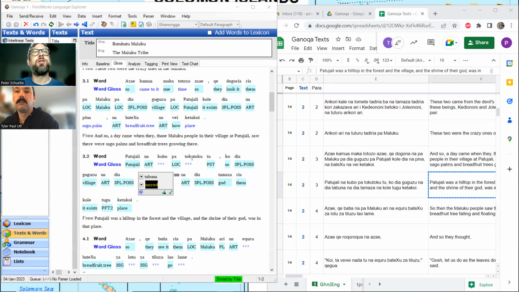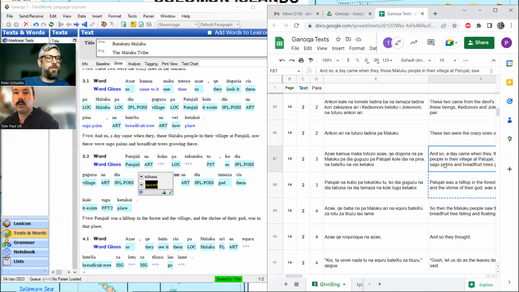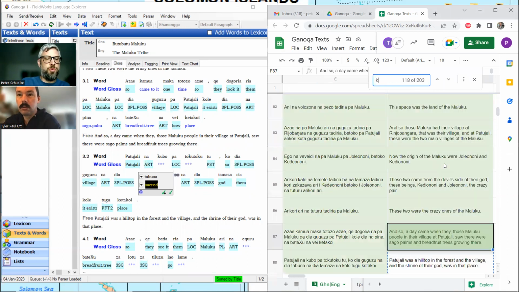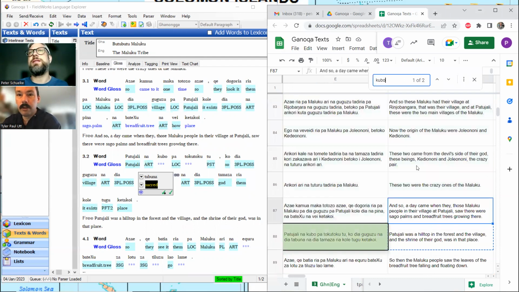All right, so now we've got to look for toku or kumbo, and we're going to go back to our text and search for those. I'm sure that's what Tyler... Yeah, that's right. I was working on that a little bit a couple weeks ago. Kumbo, there you go. Yeah, that's right. I was going to say two hits. That seems about right. That's this sentence, the one that's highlighted.